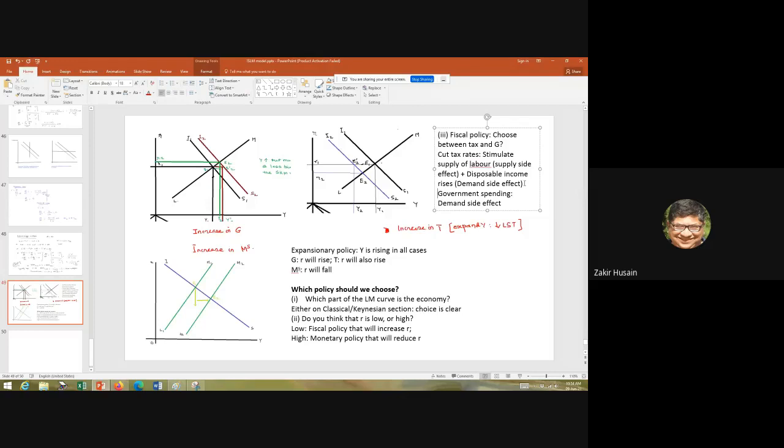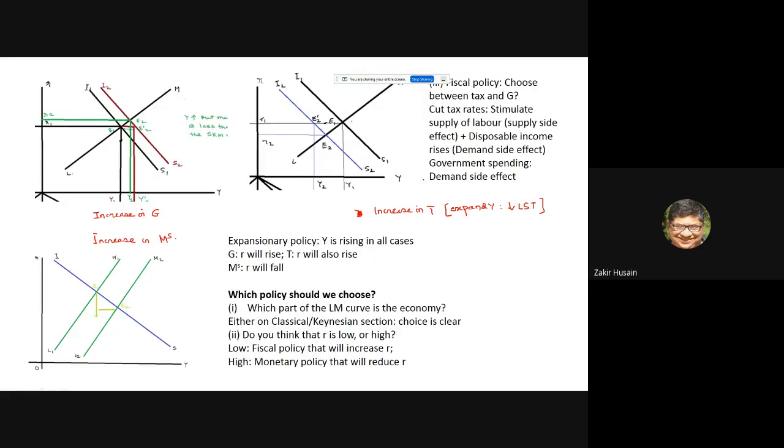But on the other hand, if you start with low taxes, the scope for cutting taxes further is limited. It's going to increase your budget deficit, but at least that's accepted. And it's unlikely that the supply side effect, or even the demand side effect, is going to be very strong. So you can see that what you have to do in that case is to find out these things. I'll just show it. So what you have to do is